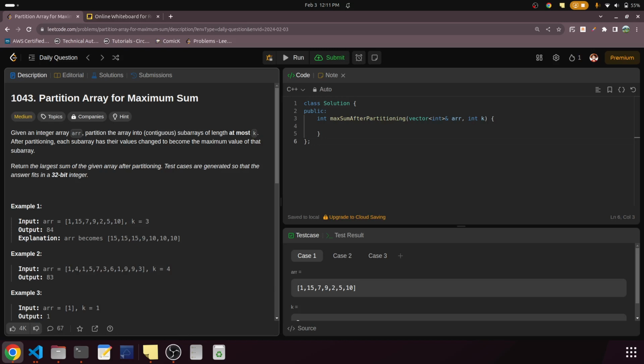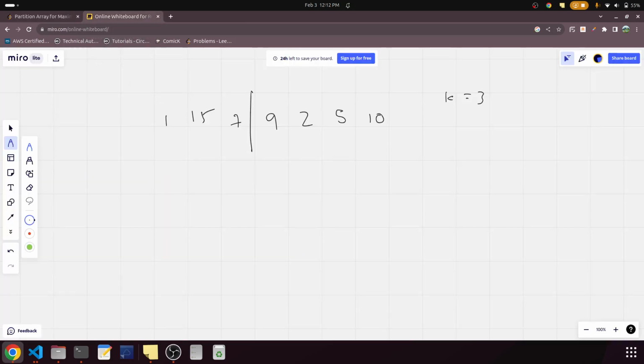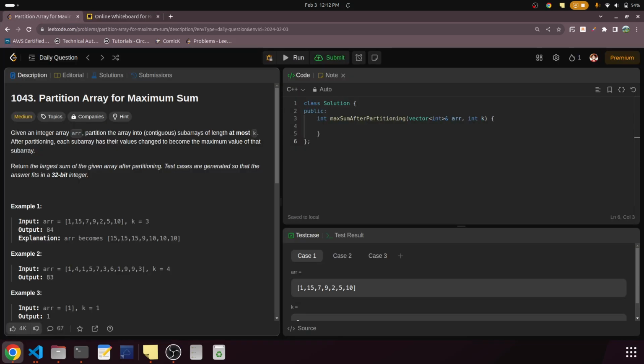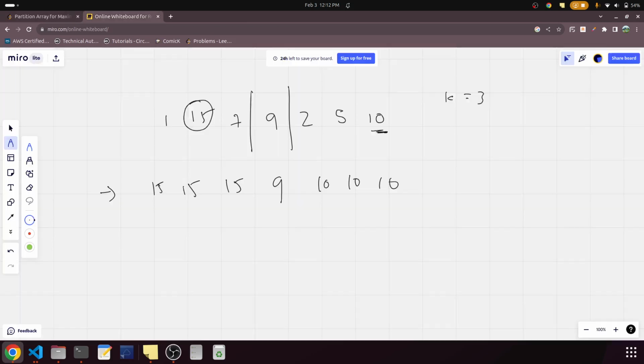After partitioning, each subarray has their values changed to become the maximum value of that subarray. Okay, so let's say if we partition like this. If we partition like this, then what will be the subarray now? The maximum, right? In this partition the maximum is 15, so it will become 15, 15, 15. In this subarray the maximum is 9, so 9. In this subarray the maximum is 10, so 10, 10, 10. So that's what the answer is here, right? You can see 15, 15, 15, 9, 10, 10, 10. So if we partition it like this, then we'll get this answer, and the whole sum will be what? Here you can see 84. So this is the maximum,